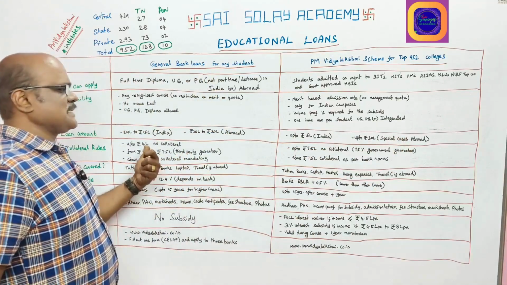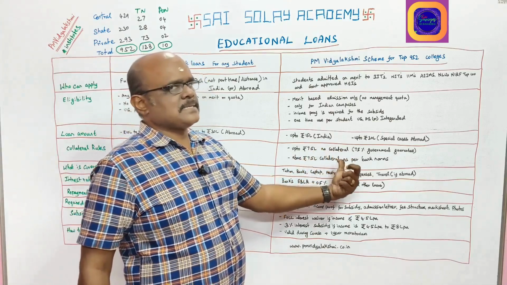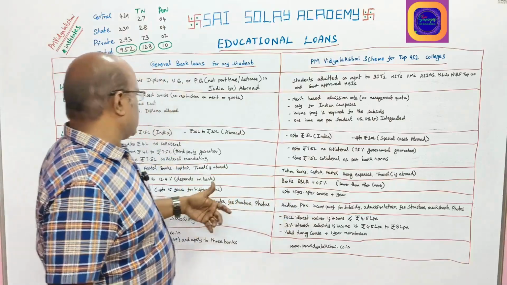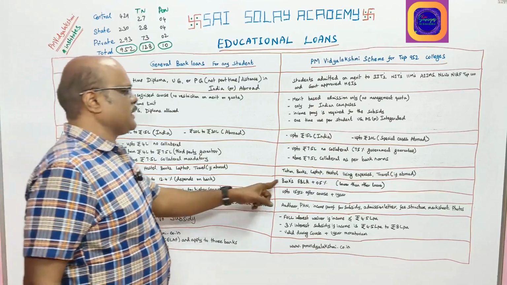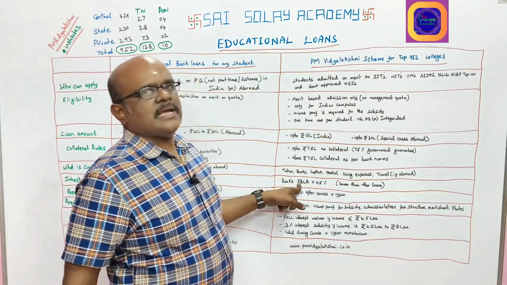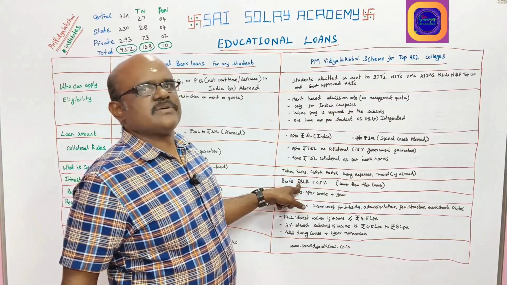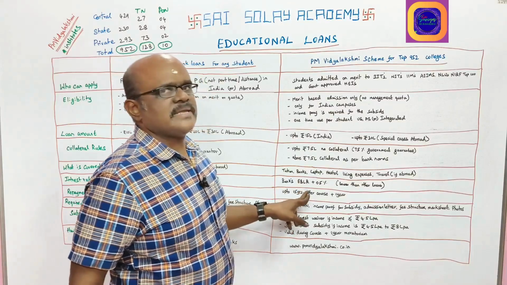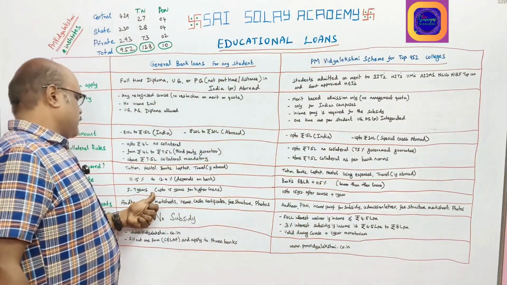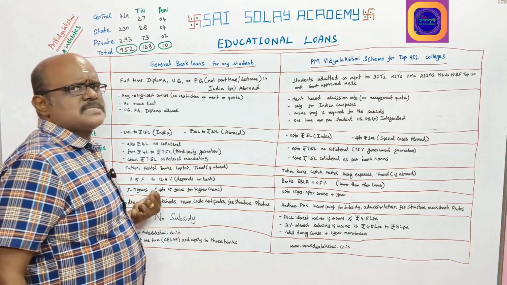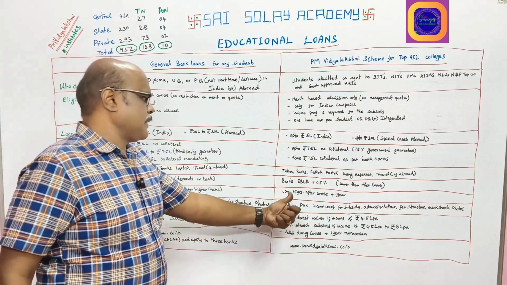Next, here up to 4 lakhs there is no collateral, while up to 7.5 lakhs there is no collateral needed in the case of the PM Vidyalaxmi scheme. And the bank interest rate there depends upon the bank, and here it depends upon the EBLR interest rate, that is the external benchmark lending rate, which is fixed by the repo bank and varies from time to time, plus 0.5%. That's the interest rate. And here the repayment is 5 to 7 years if the amount is lower, whereas here it will be 15 years whatever the amount.